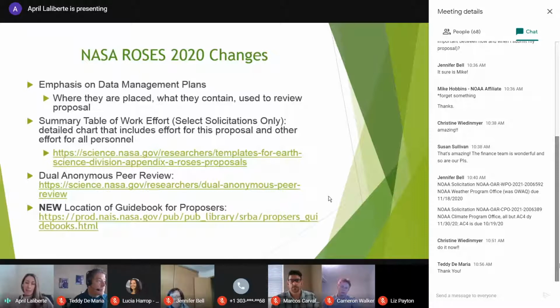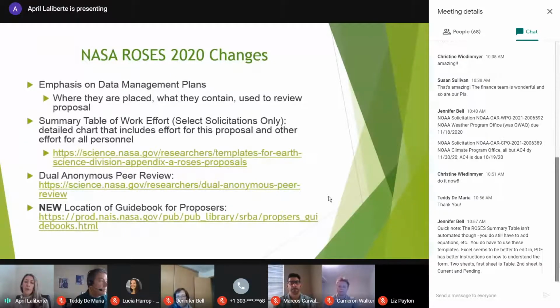Although the scientist's name, of course, still carries a lot of weight, they're trying to make it so that people aren't favoring one over the other based on a scientist's name. If you want more information on this, you can click on this link. OCG is also giving some information about this. I've seen one email come out and basically it said, we'll get back to you. But as we get more information, we'll let you know what's happening.